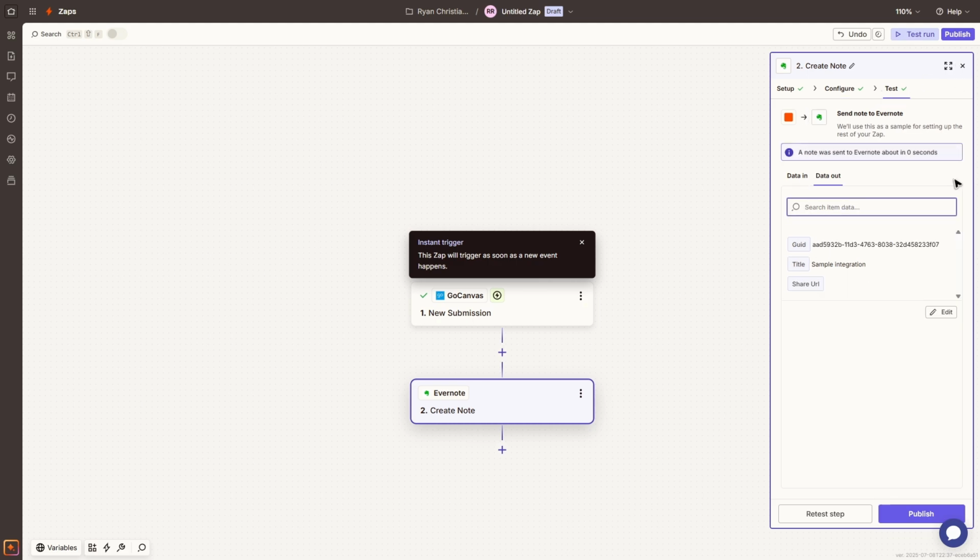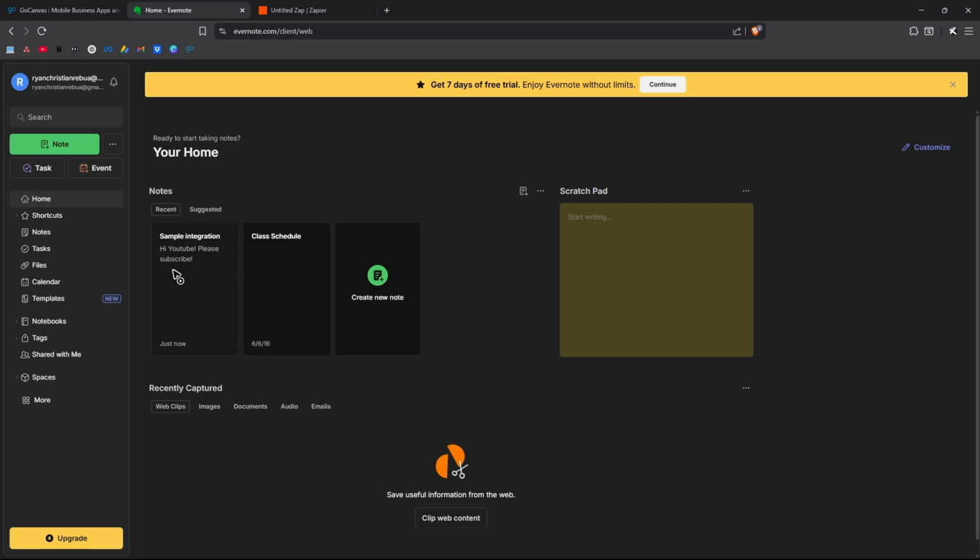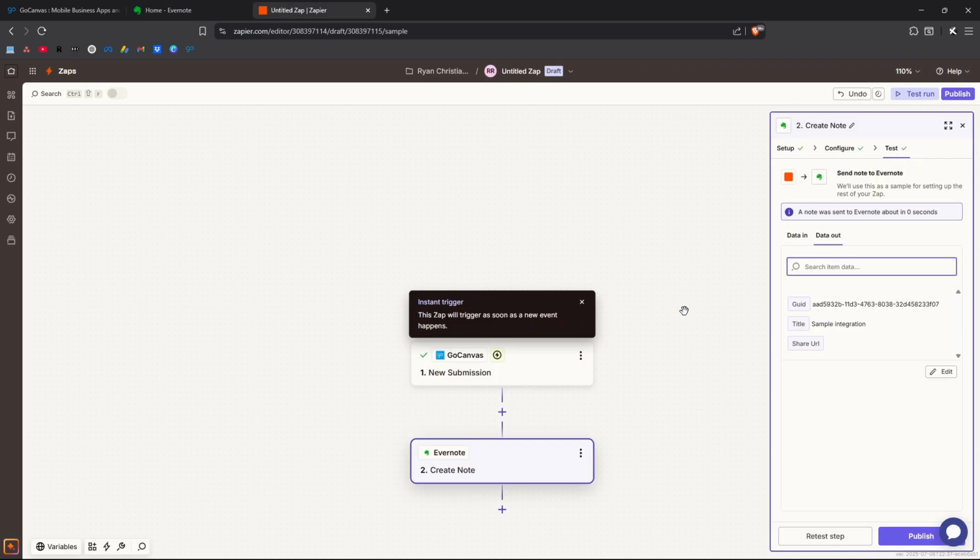Got a check mark. Go ahead and hit publish if you want this one to go public or up and running. As you can see here, we now have the sample integration. That means that the connection is successful. Just basically hit publish if you want this one to